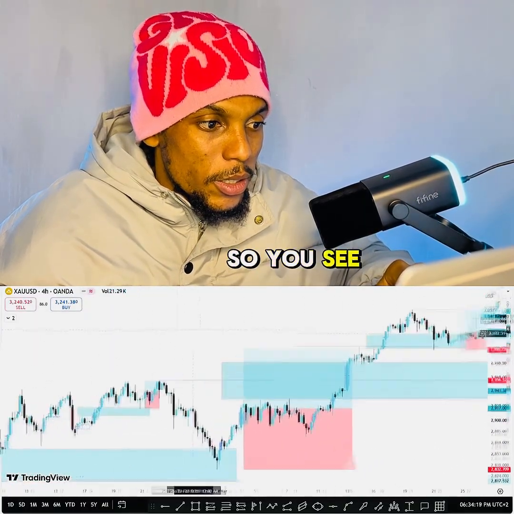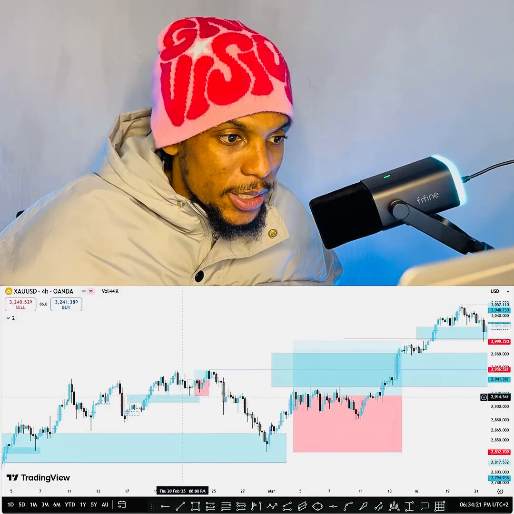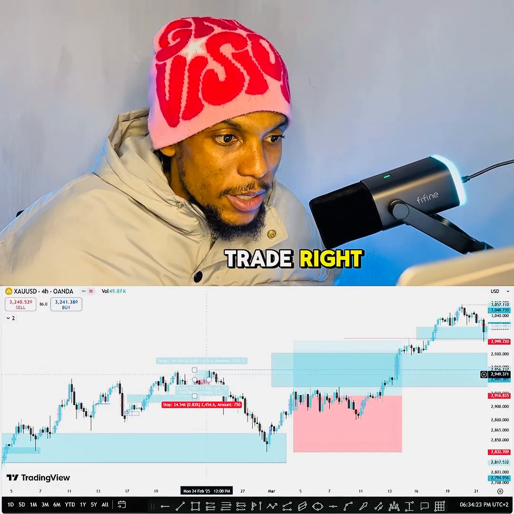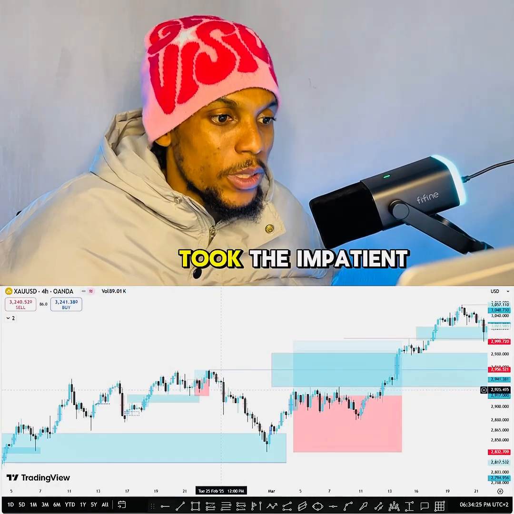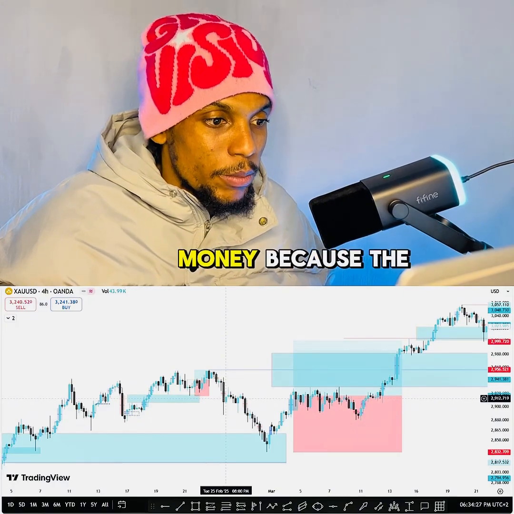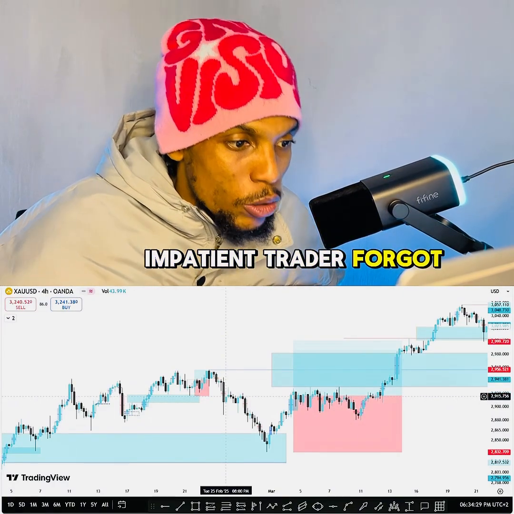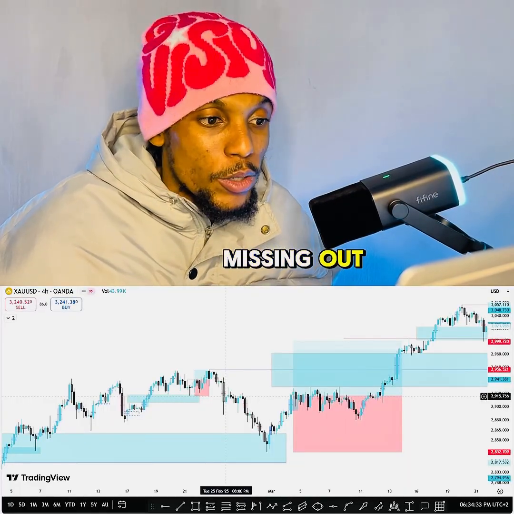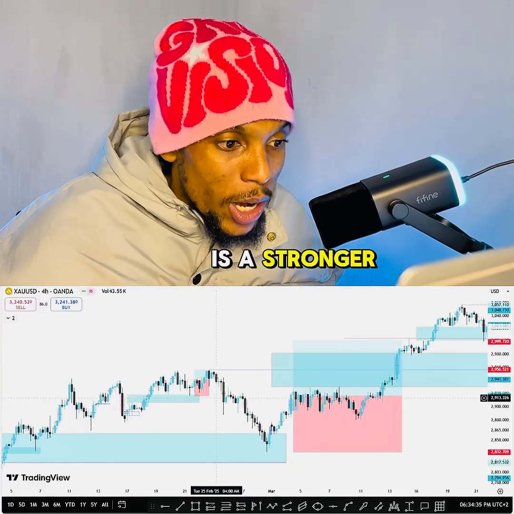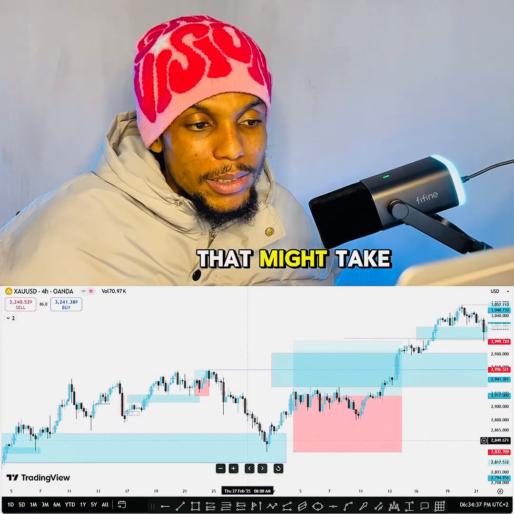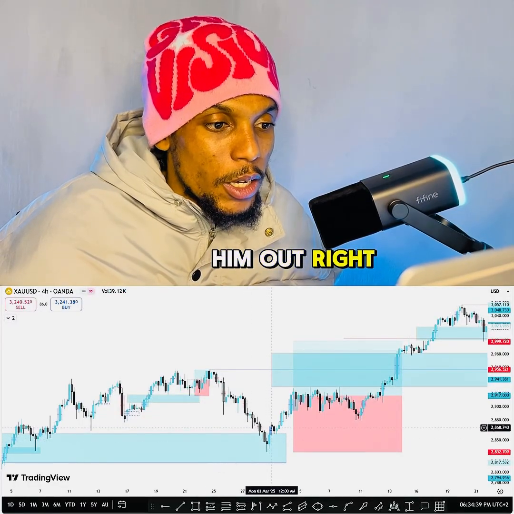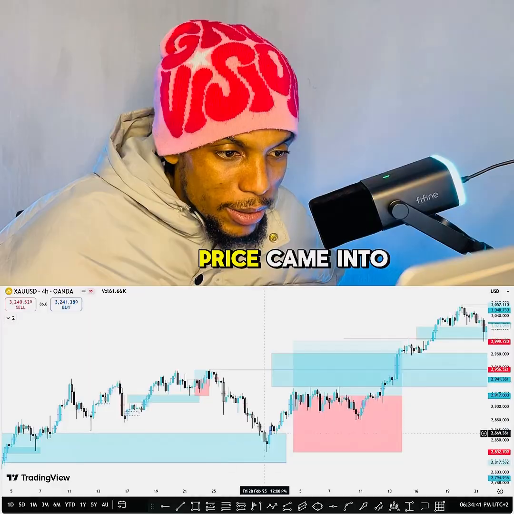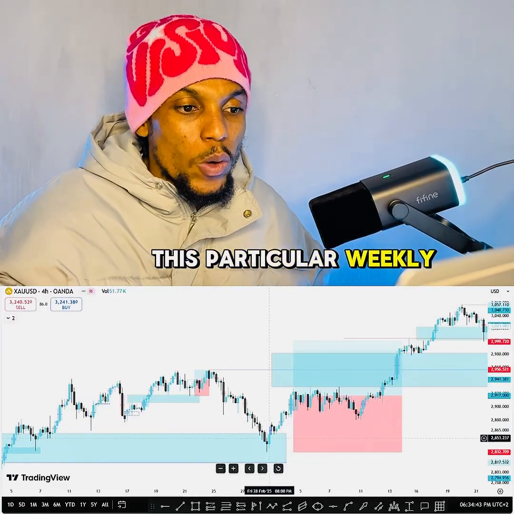So you see, this was actually that trade, the impatient trader trade, right? And then you see how price took the impatient trader's money, because the impatient trader forgot, because of FOMO, fear of missing out, that there is a stronger magnet below that might take him out, right? So after he was taken out, price came into this particular weekly fair value gap